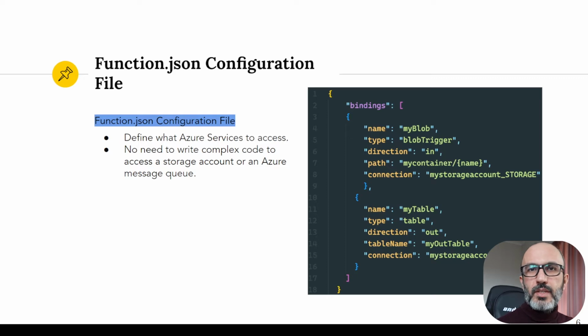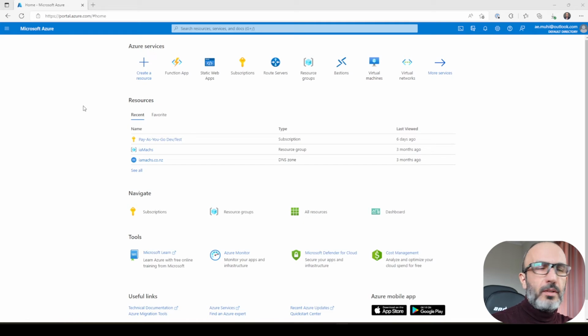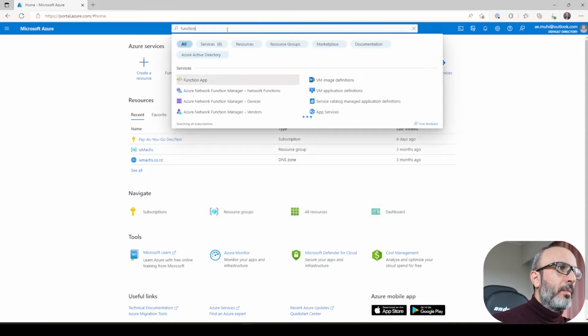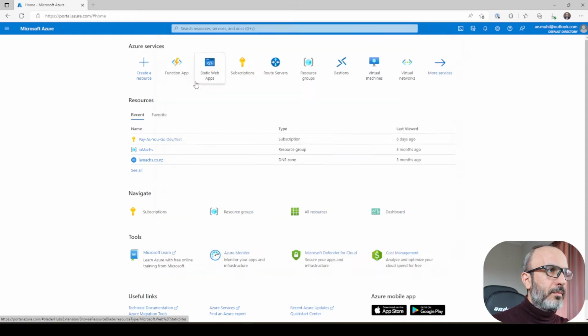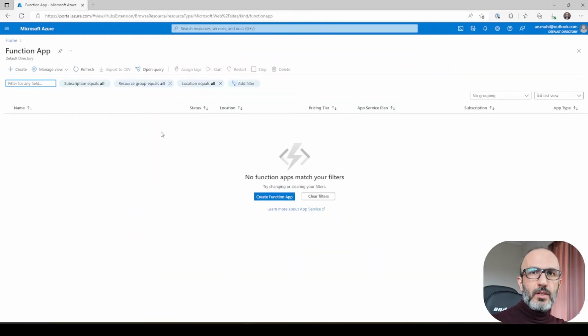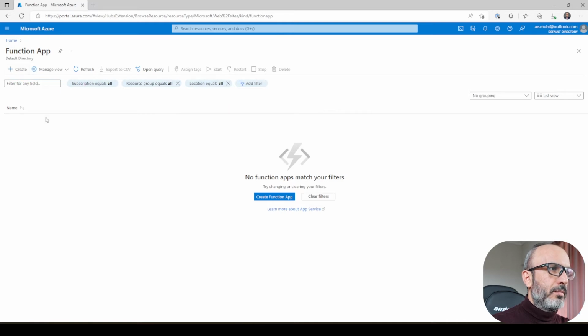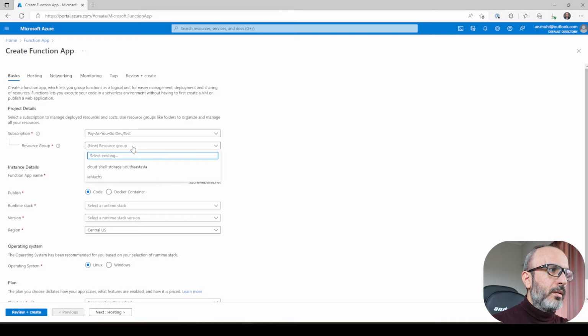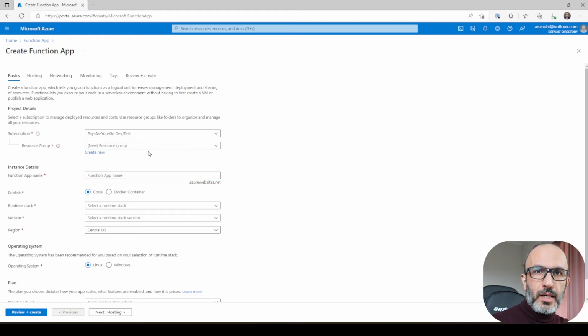So now that we are ready, let's start to create our first Azure function on the Microsoft Azure Portal. To start, log into the Azure Portal by going to portal.azure.com, and then in the search bar, search for function, and then pick the function app. From there, to create a new function, click on create, and then pick your own subscription. And then pick the subscription you want to create the Azure function in, and then pick a resource group. Give your function a name,